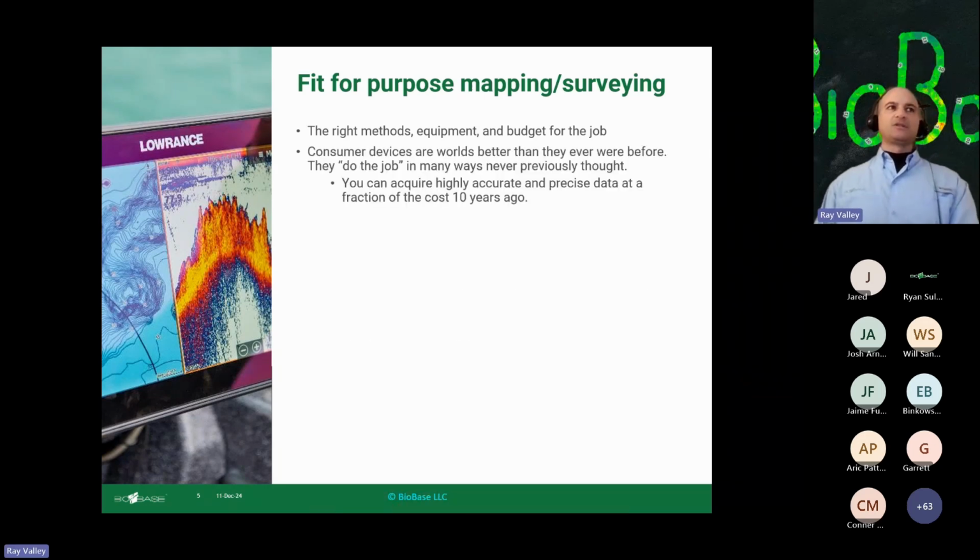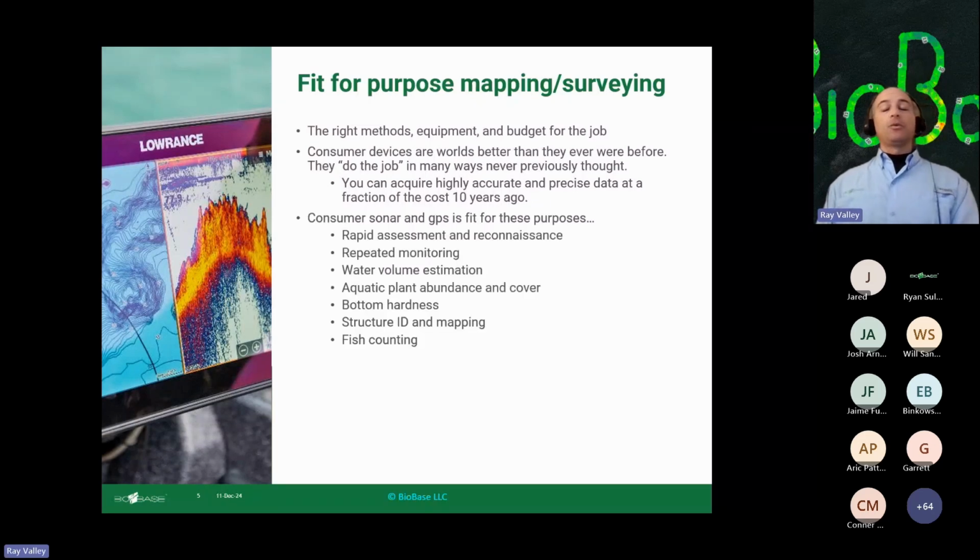And consumer devices are worlds better than they ever were before, and they, quote unquote, do the job in many ways that we never previously thought. And you can acquire highly accurate and precise data at a fraction of the cost of 10 years ago. So when we talk about what purposes consumer sonar and GPS are fit for, these are the major ones: rapid